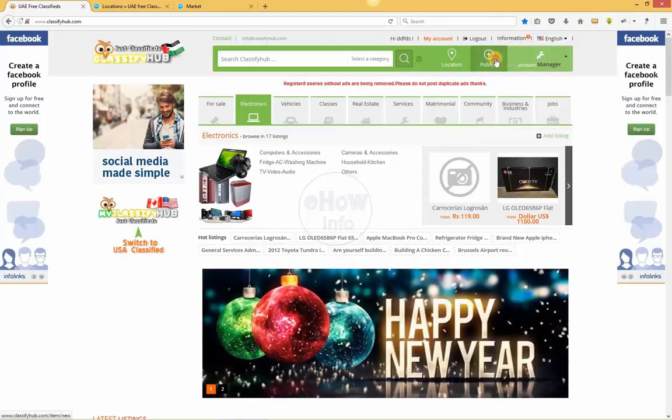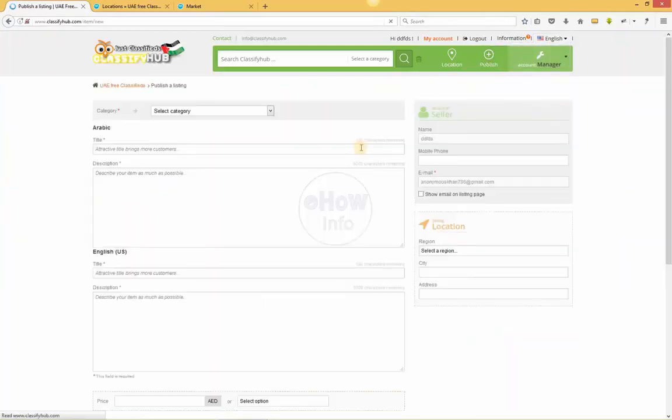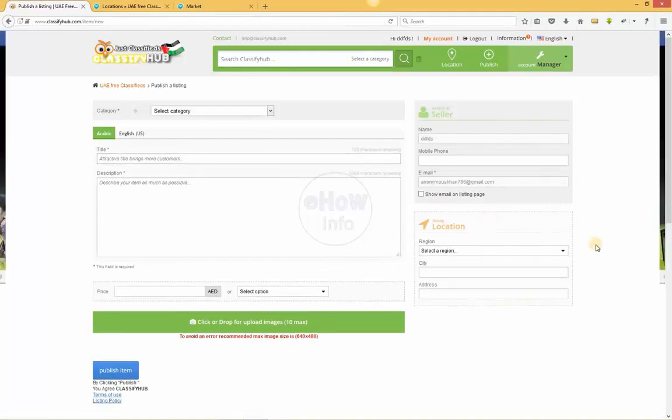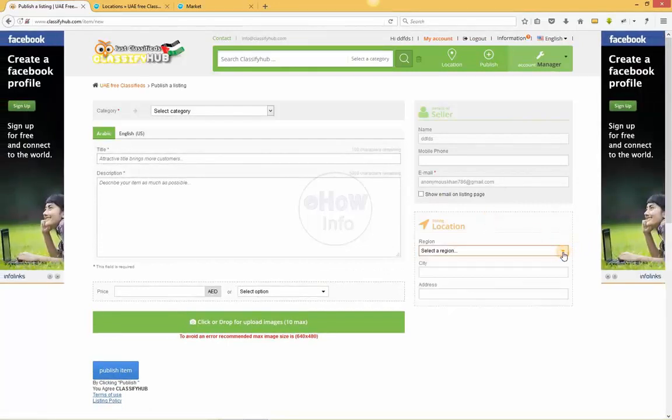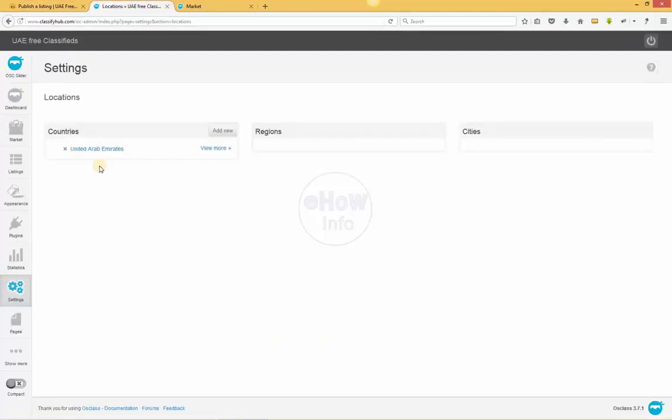If you go to post an ad, you can see that if you want to select a region, as this website is for the UAE users, here only UAE areas will be shown: Dubai, Abu Dhabi, Ajman, the rest of the country. So it will show here, as this is the United Arab Emirates country.